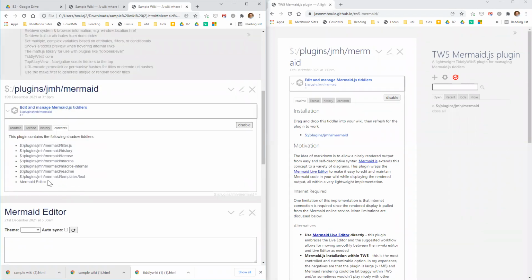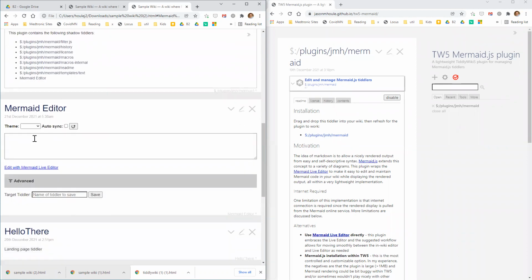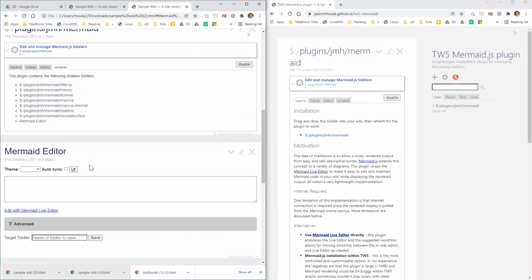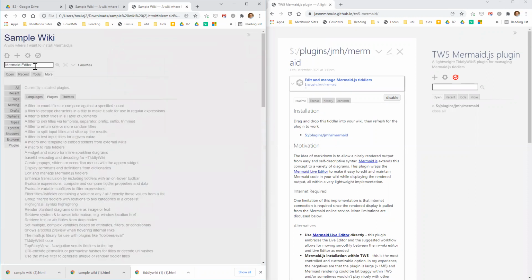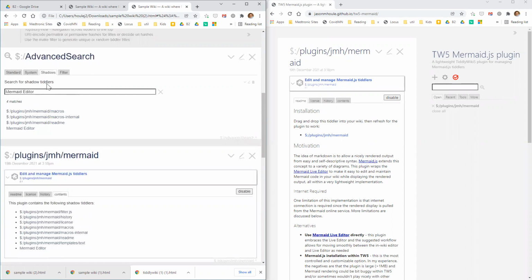The issue is that the Mermaid Editor is actually a shadow tiddler because it is part of this plugin. So if you would like to make this accessible, I would recommend you link to it or otherwise bookmark it so it's not immediately available from the search. Within advanced search, you can look under shadows and you'll find Mermaid Editor there, but it will not pop up immediately in the dropdown